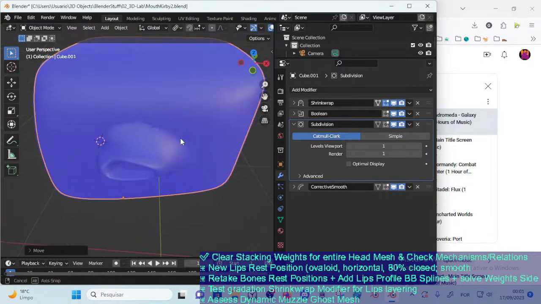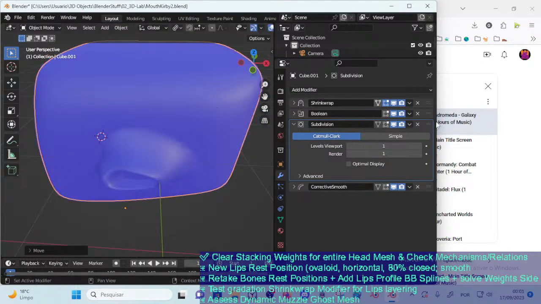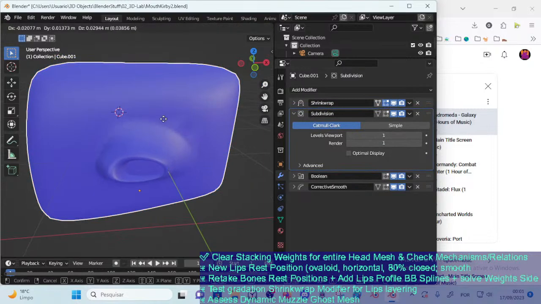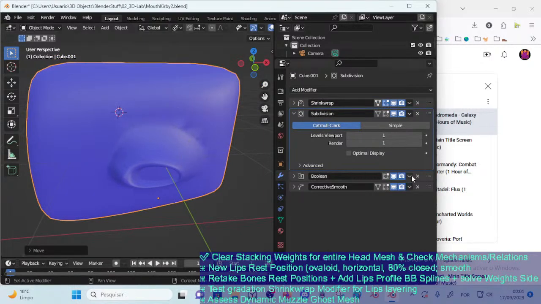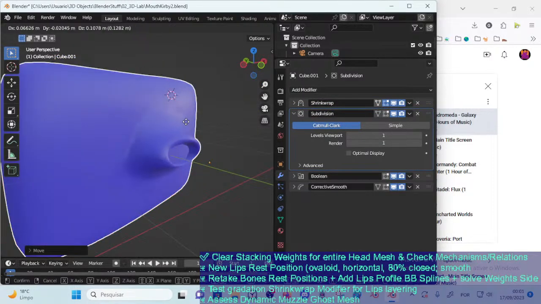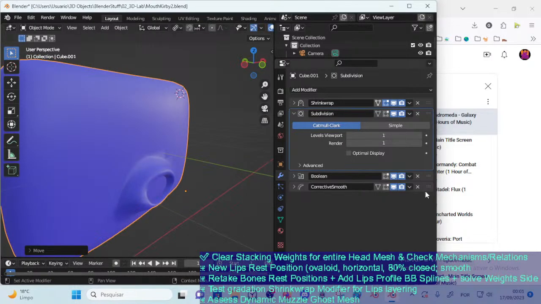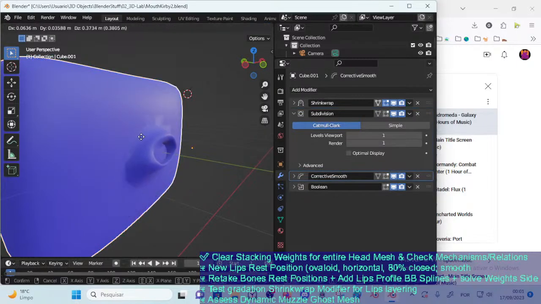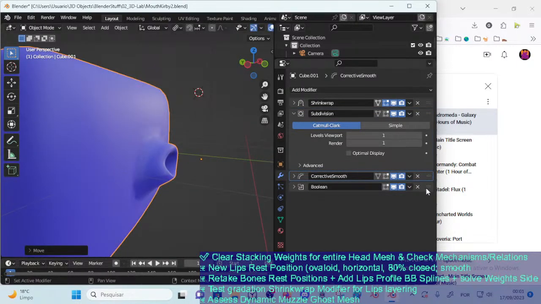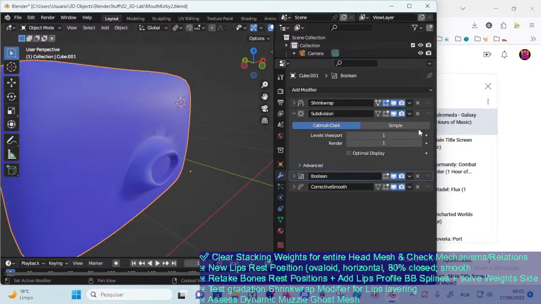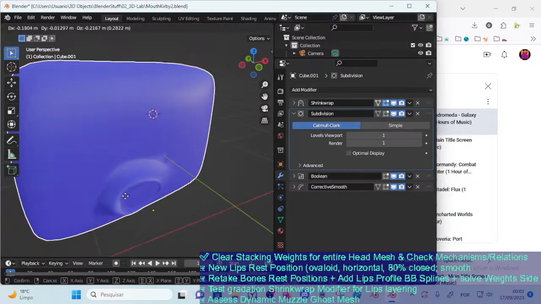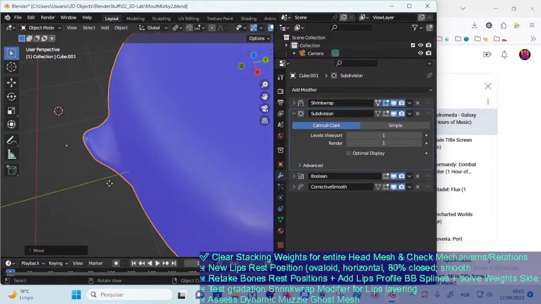Yeah, which is not bad because actually the boolean is good to be after certain features. If we do corrective smooth after subdivision, no, sorry, maybe corrective smooth should be relevant, but